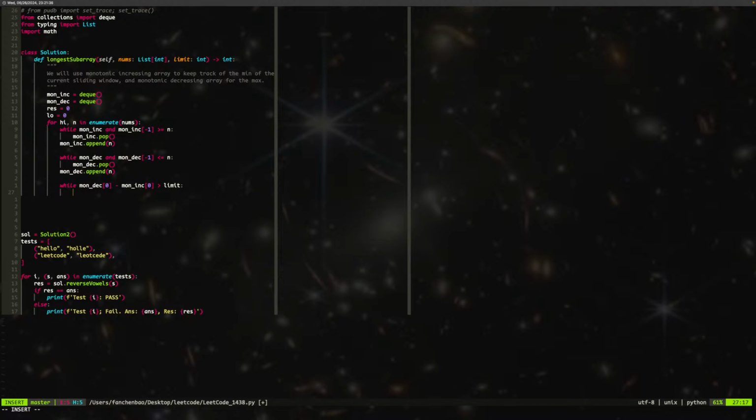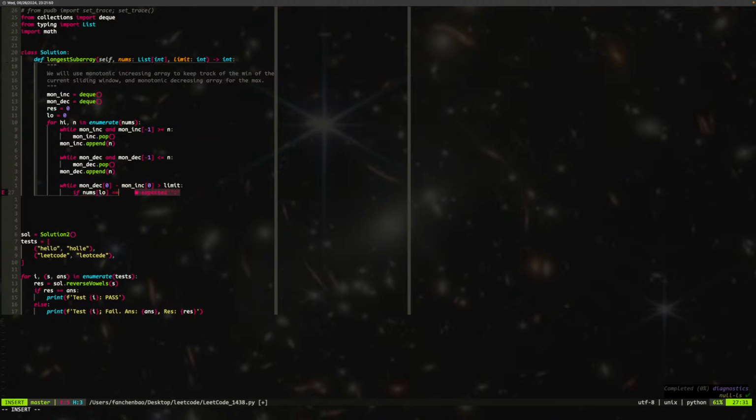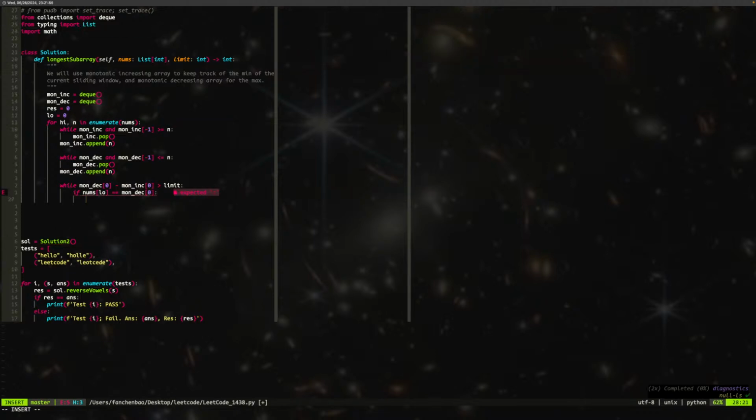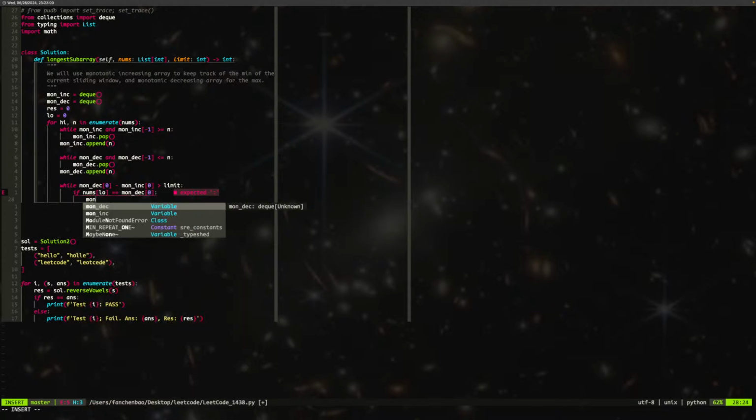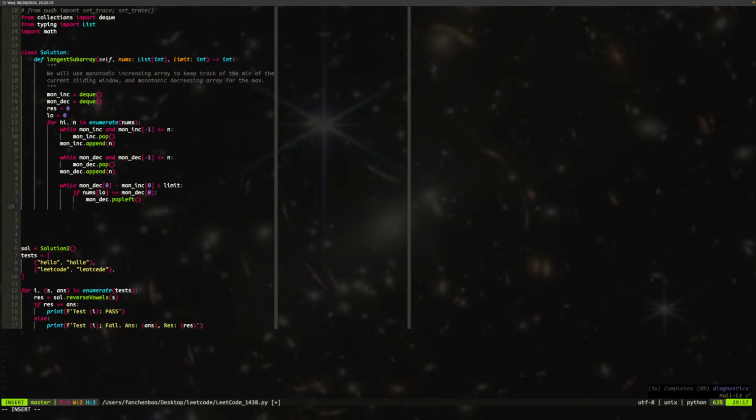And how do we check? We check the left, right? We check left, and we say if nums[low] equals monotonic decreasing 0, then low plus equals 1, then monotonic decreasing dot pop left. Okay. If nums,